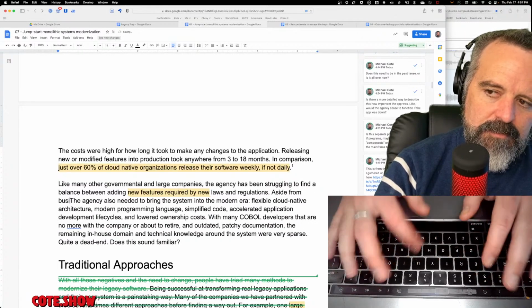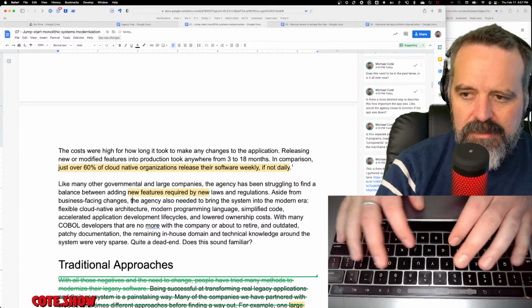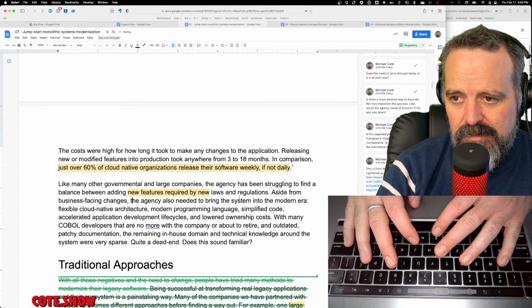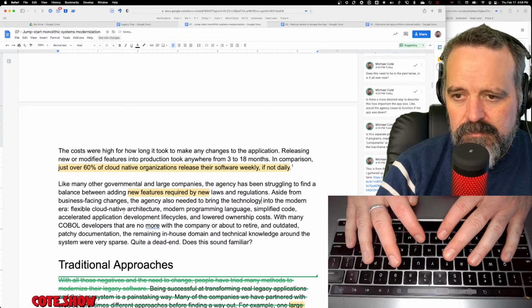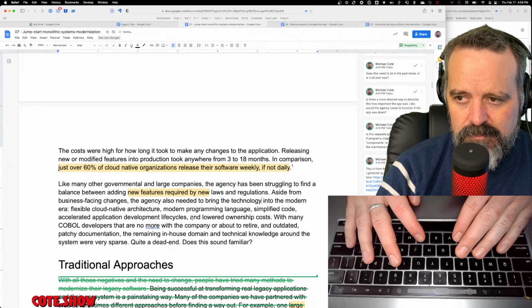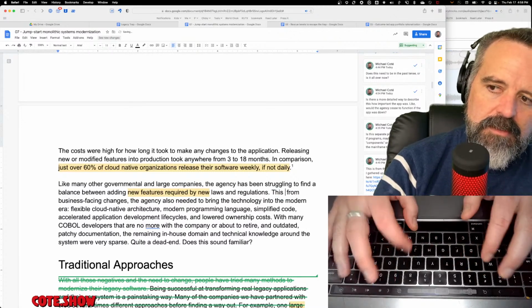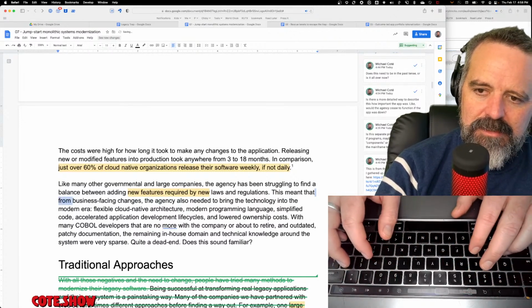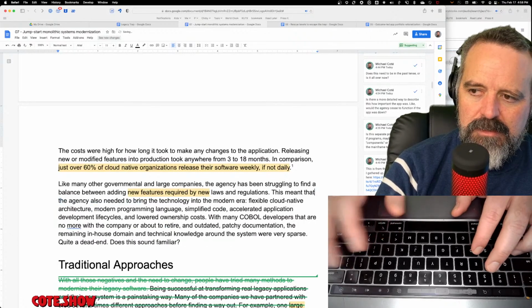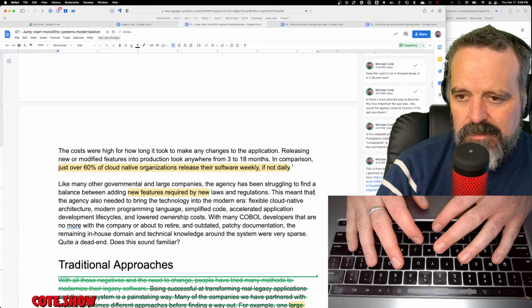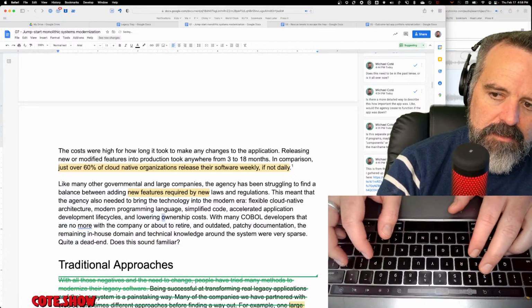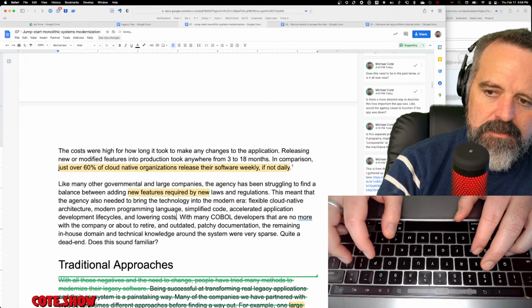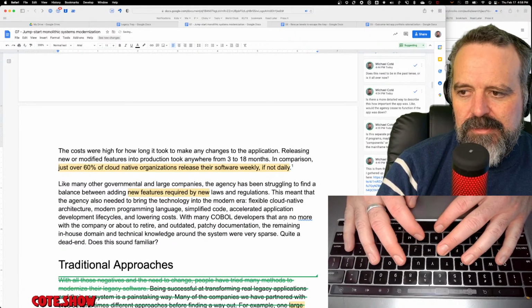Aside from business-facing changes, the technology. This meant that, there we go. And lowering costs. With many COBOL developers that are no more with the company or about to retire, and outdated fetching the